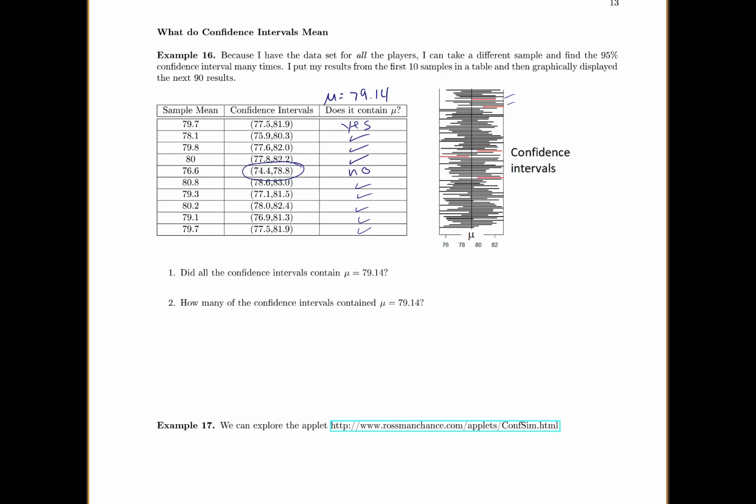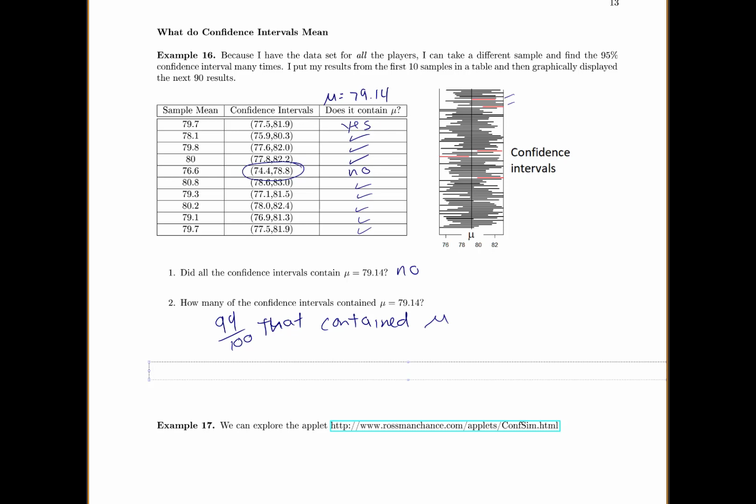So did all of them contain it? No. How many did? If you count it up, there were 94 out of 100 that contained mu, our population mean. And you might think, oh, well, that's like 94%. It was a 95% confidence interval. That's because we only took a few of them. If we actually took like hundreds or thousands of samples, then we would actually find that 95% of them contain